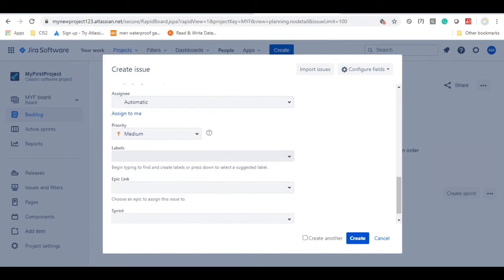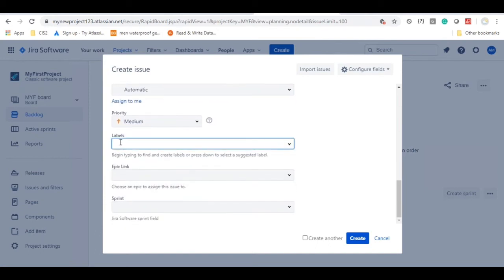Okay. Next, labels. Labels are like customized filters. Whatever names you want, you can give for those filters. To understand these filters or labels, I'll give you one simple example related to Amazon.com. Once you go to the site, you have a search bar to search for a product. Suppose in the search bar you have typed smart mobiles.